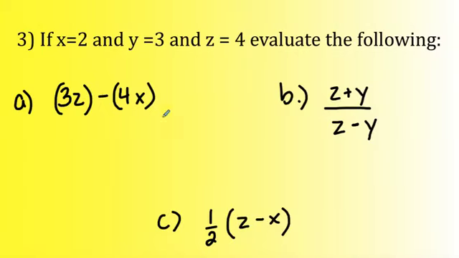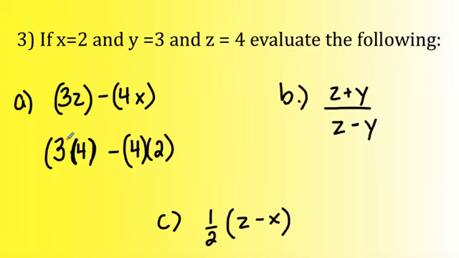All right, a little bit harder. I just make more complicated expressions. So I'm going to plug in my values. I'm going to substitute in my values. So 3 times 4. Now notice I put a times symbol because 3 is being multiplied to z. I can either put that symbol or parentheses because parentheses means multiply. So I can do that minus 4 times x, which is 2. So I just used a lot of parentheses there. All right, 3 times 4 is 12. 4 times 2 is 8, so 12 minus 8 is